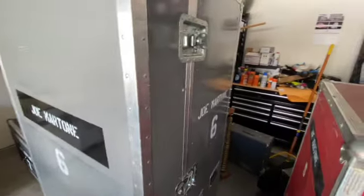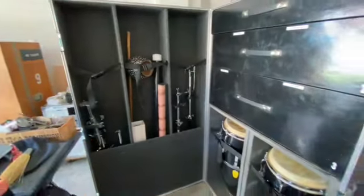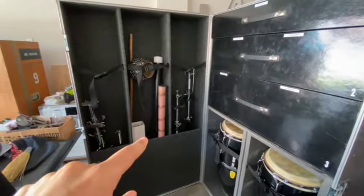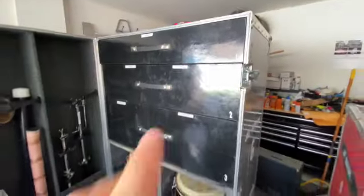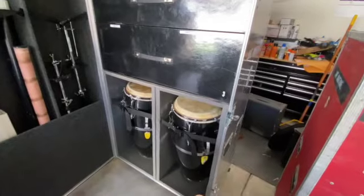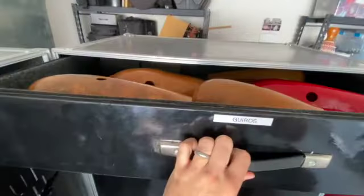So this is the last of the cases that I bought new, or new to me rather. So you open this up, this is the Latin case. You got some rain sticks, some glass wind chimes, stands for all the stuff, a berimbau, and then there's only 3 drawers in here, some congas, which go on either of those stands, or that stand or that stand. Here we have the guiros,